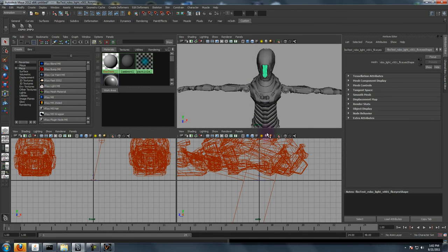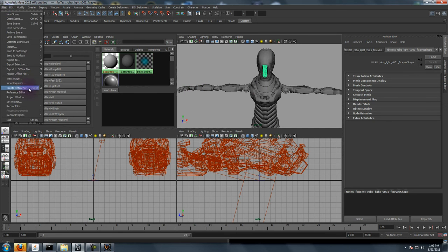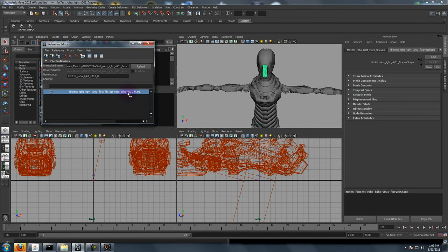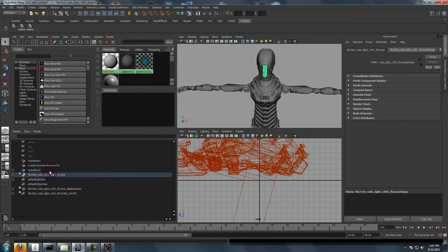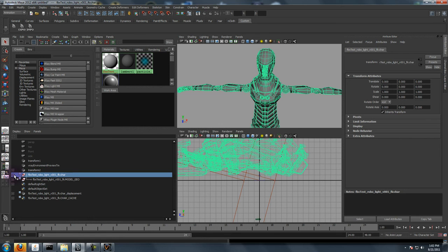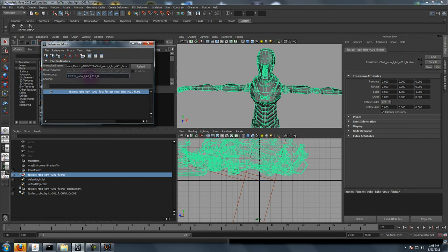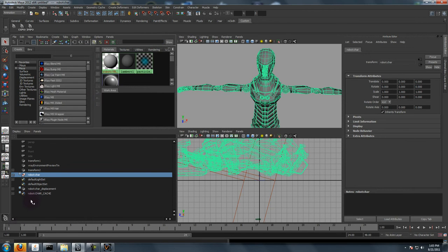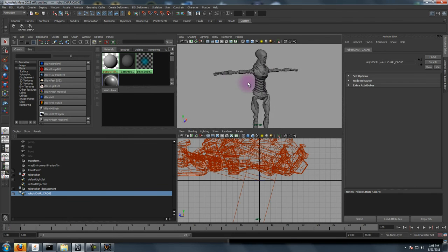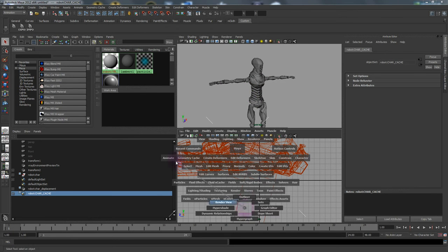Oh wait, did I reference the wrong one? Yeah, let's go reference editor. No, this is correct. Okay, so what we'll do is go to the reference editor now, and change the namespace to robot so it matches the anim file. So this is basically matching the same names. So if we do a quick little render,